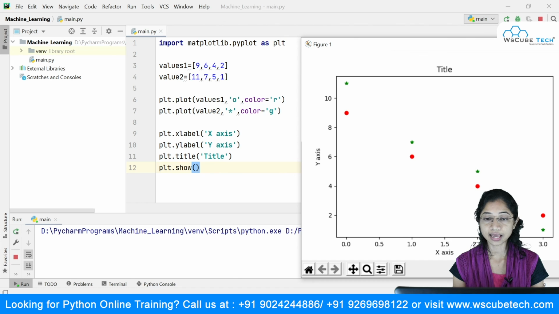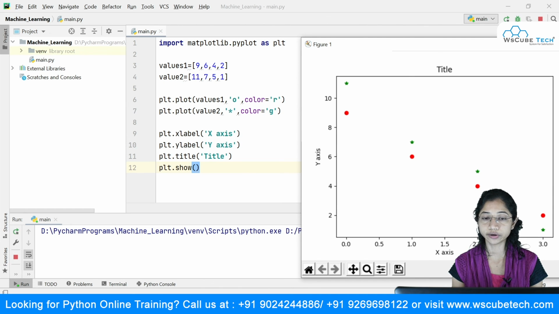We have seen what methods pyplot provides us with: plot, show, xlabel, ylabel, title. These methods are all provided under pyplot. So instead of importing the entire matplotlib package, I have just imported a particular submodule, pyplot, which is a part of the matplotlib package.